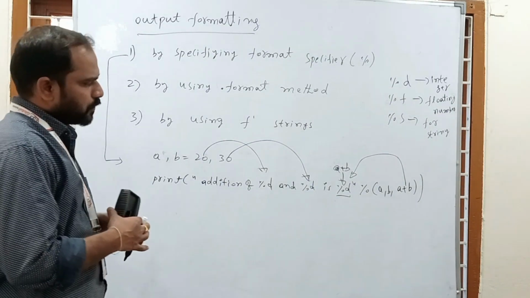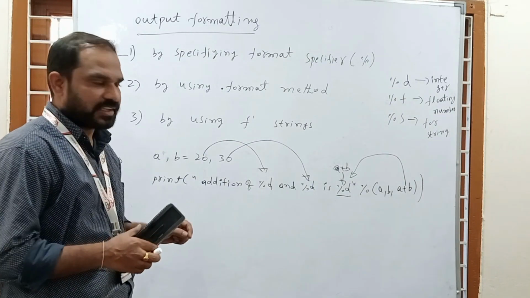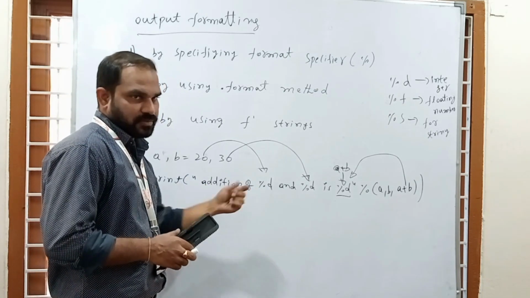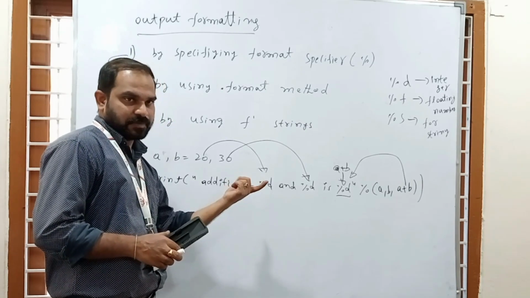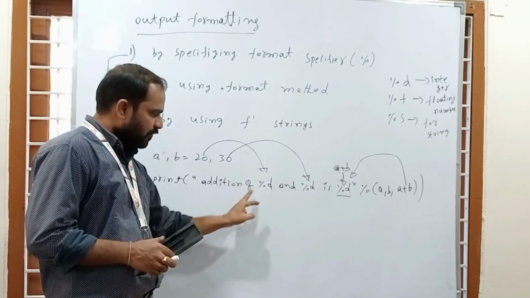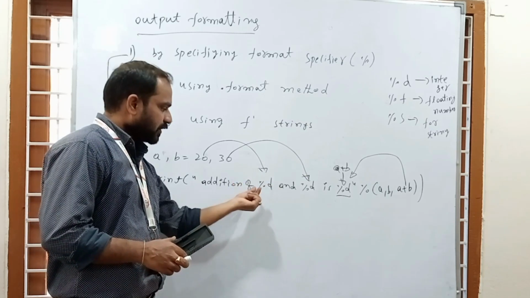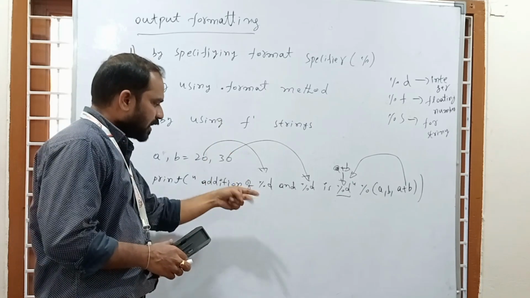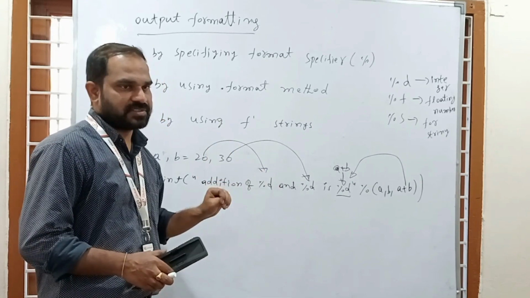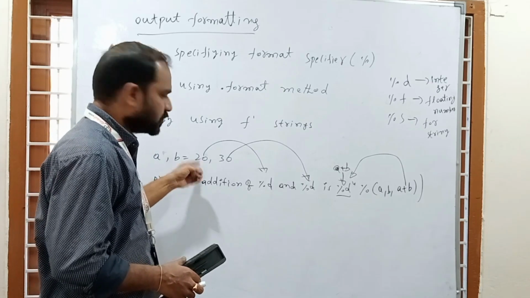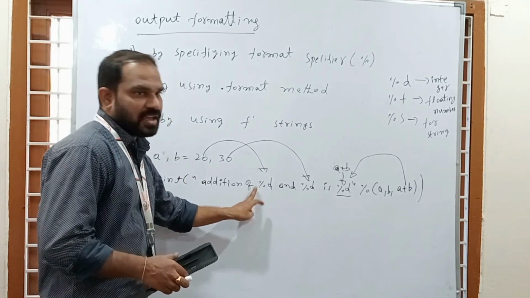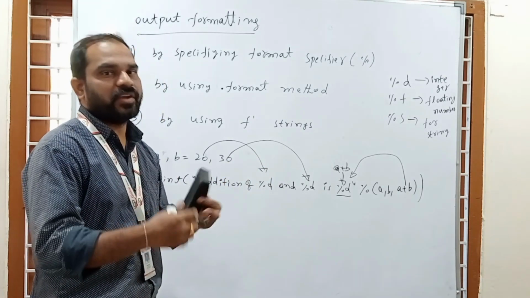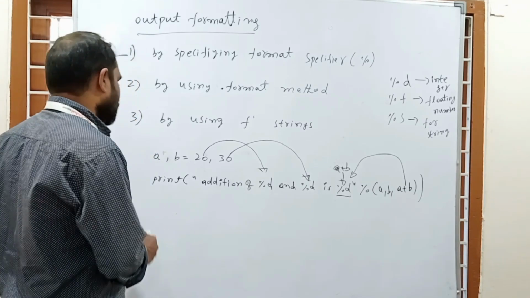By default, there is one space between the first value and this text, because you have specified only one space here. If you do not give the space, that number will appear in continuation with the text, like 20 here. But here we have provided a space, and after the space the number will get printed. But I don't want one space. I want to increase the number of spaces. Then you can use